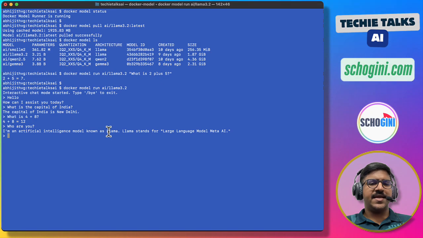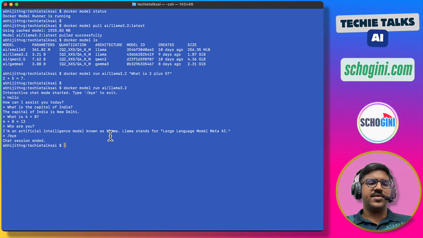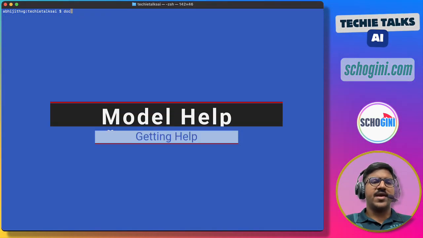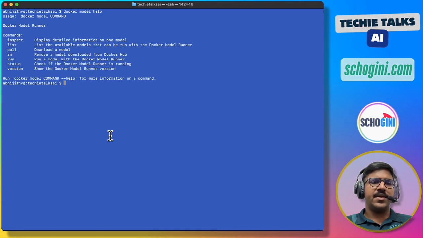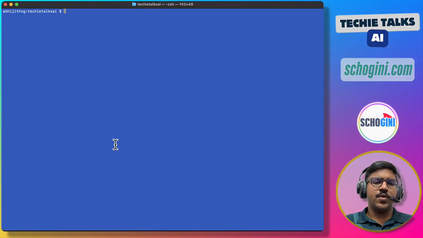And see this one, it is a llama model. If you want to exit from this, you can just type /bye and it will end the chat session. You can execute the Docker model help command to see the help of the Docker model runner commands. Now that we know how to pull a Docker model and run the Docker model, let's see how we